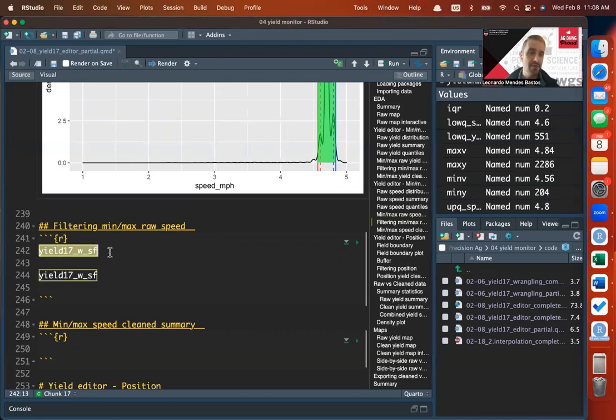So I'm naming this object here yield 17 WSF. And now looking in retrospect, I think calling this SF may be a little bit confusing. But I'm calling it SF because it's the speed filter. That's why I intuitively wanted to name it that. So if you just use the assign symbol,